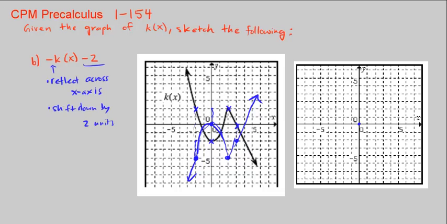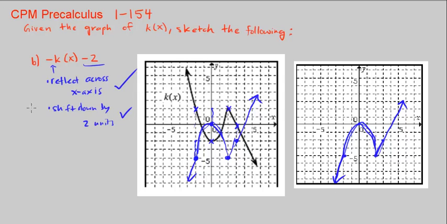This one's at (-2, -4). This one's at (2, -4). Okay, and this one's at (3, -2). So these connect like that. These connect and make the parabolic shape, like the parabola, right? And keep going here. Alright, so this, remember, was the original graph, reflected across the x-axis, and then shifted down